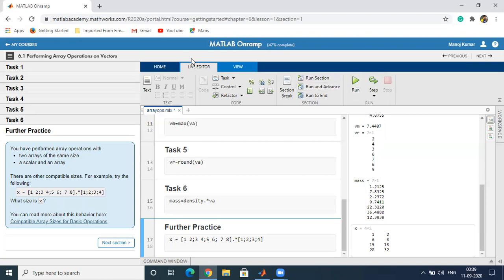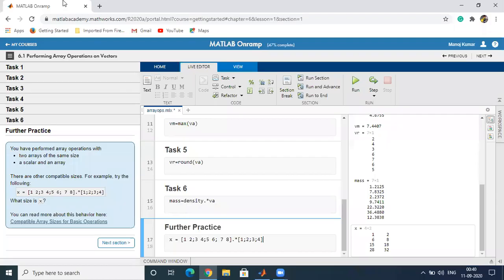You can see here X was a 4 by 2 matrix whose first column vector is 1 3 5 7. The second column vector was 2 4 6 8, and we are multiplying this matrix component-wise with the column vector 1 2 3 4.